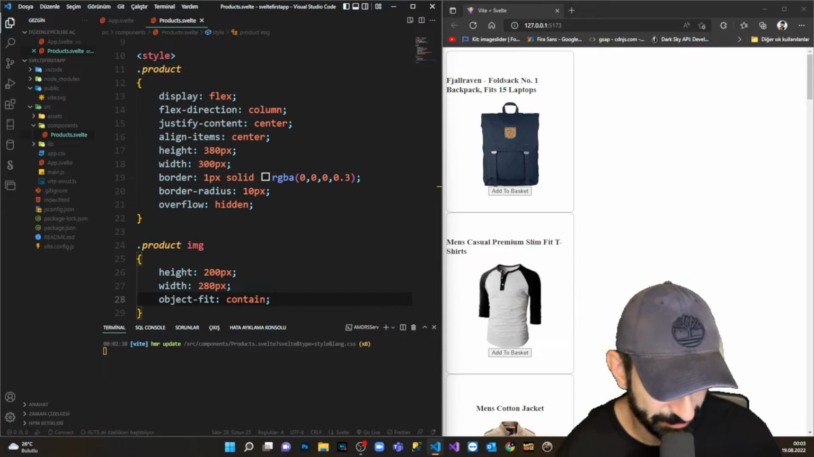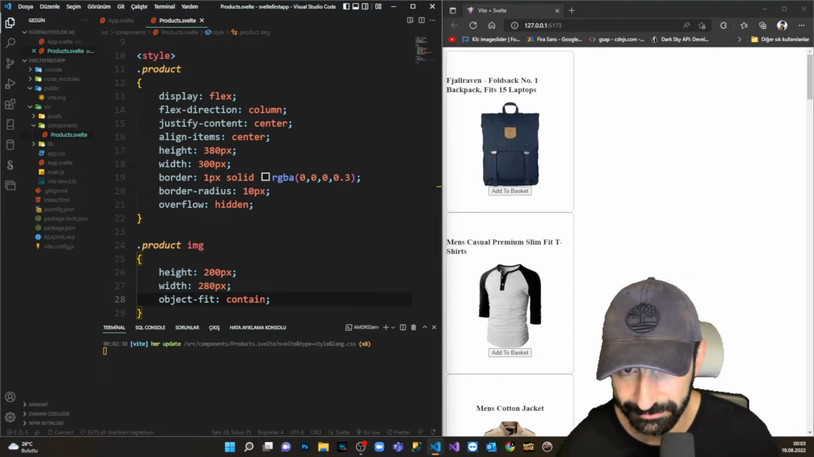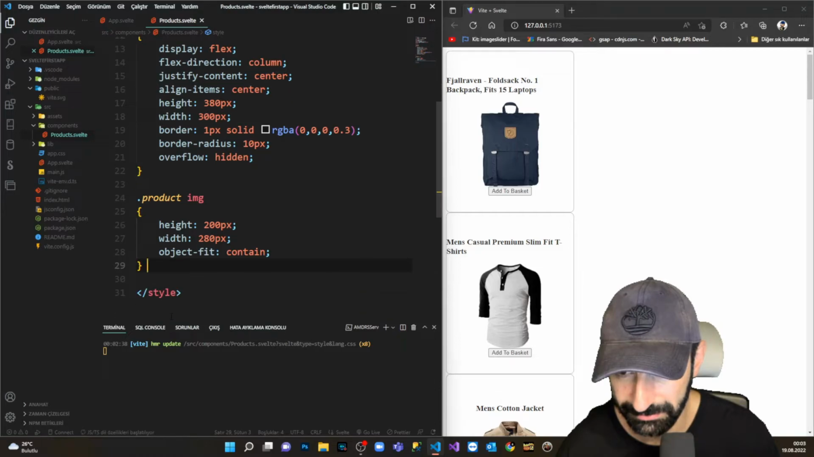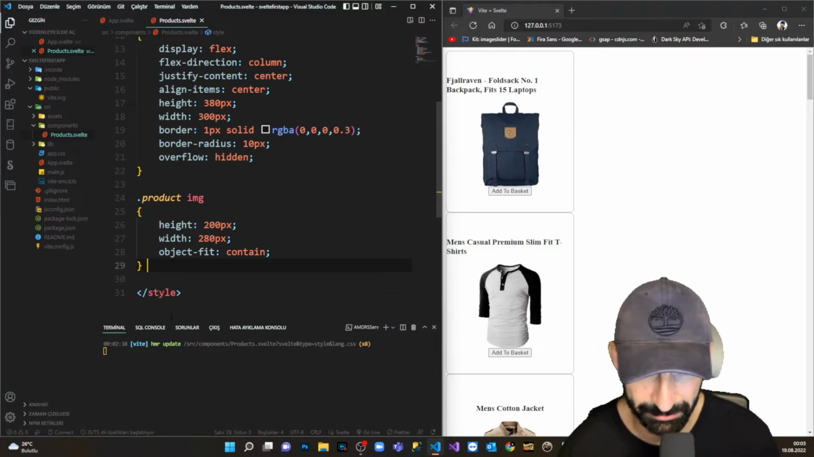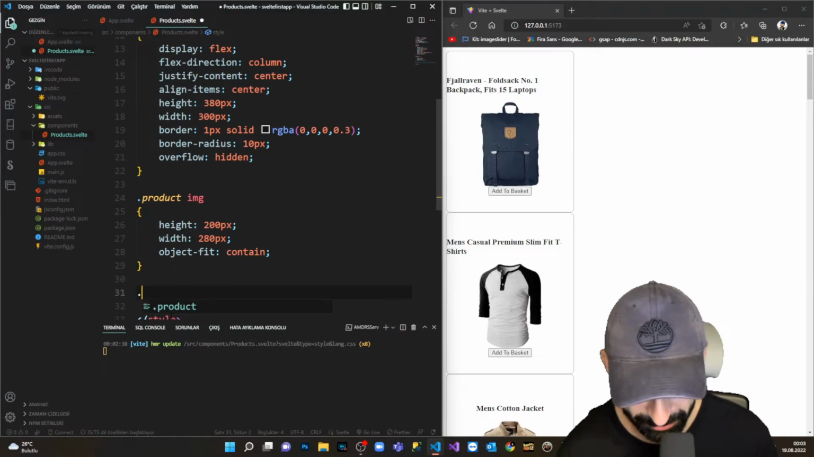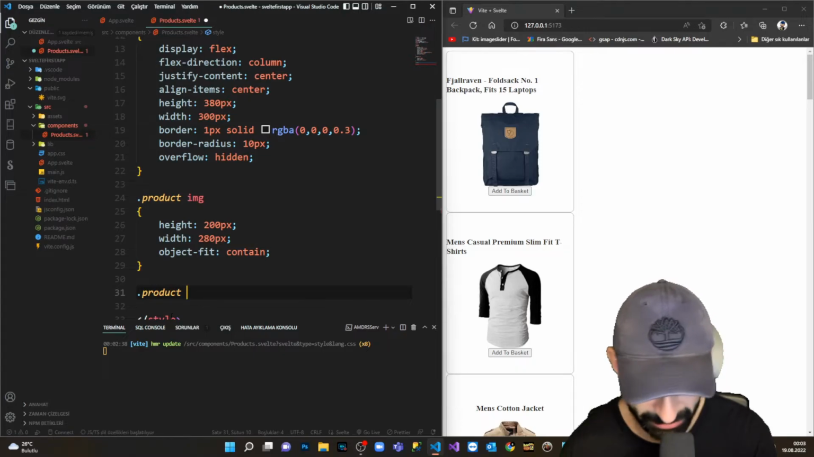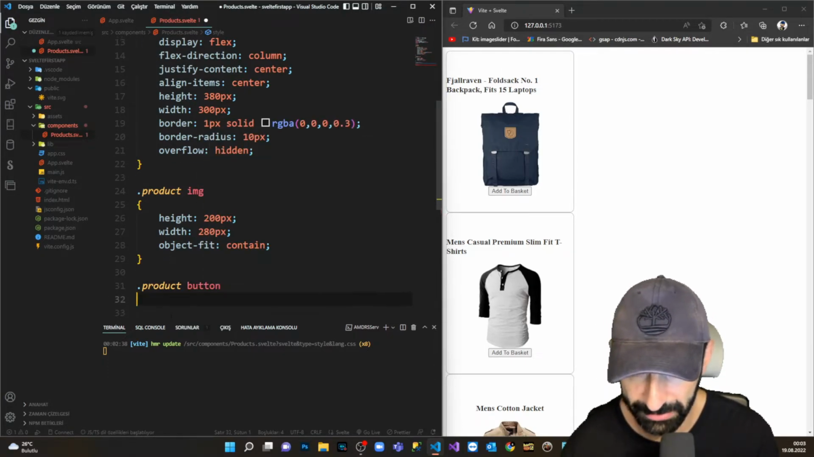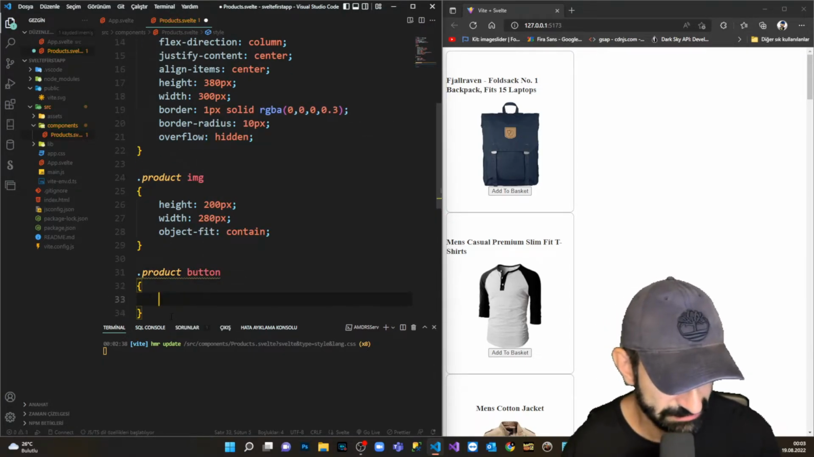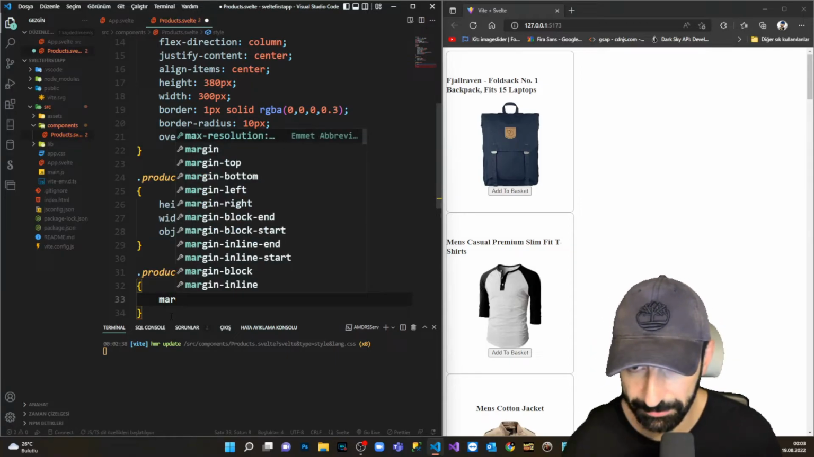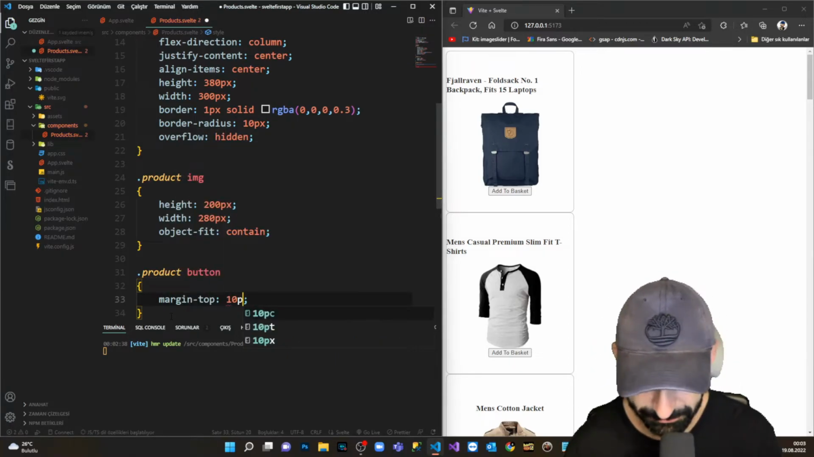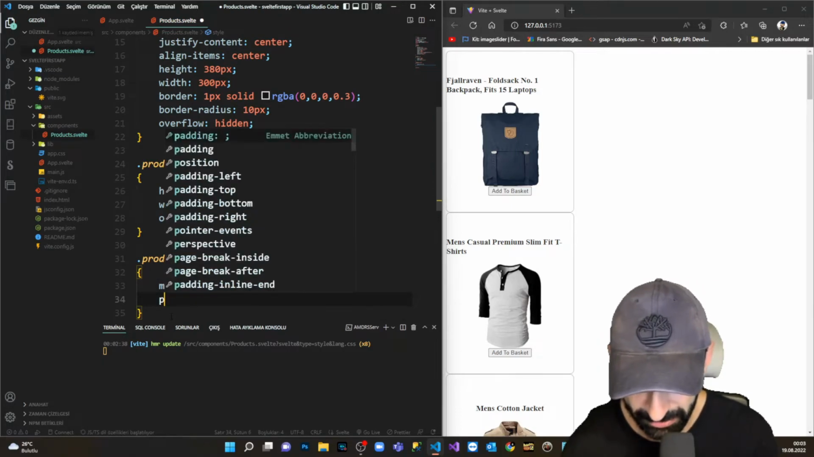Let's style the button a little bit. I think I will fix it a little bit more. Product button. I'm gonna get it. Product button. Let's style it: margin top 10 pixel. I'm gonna give some padding,